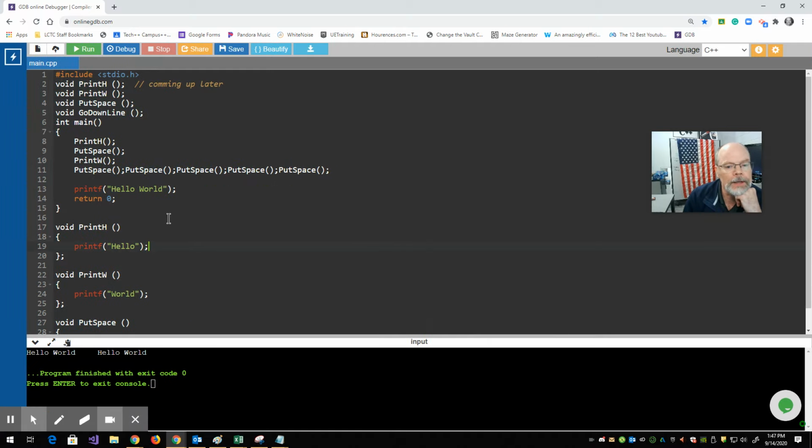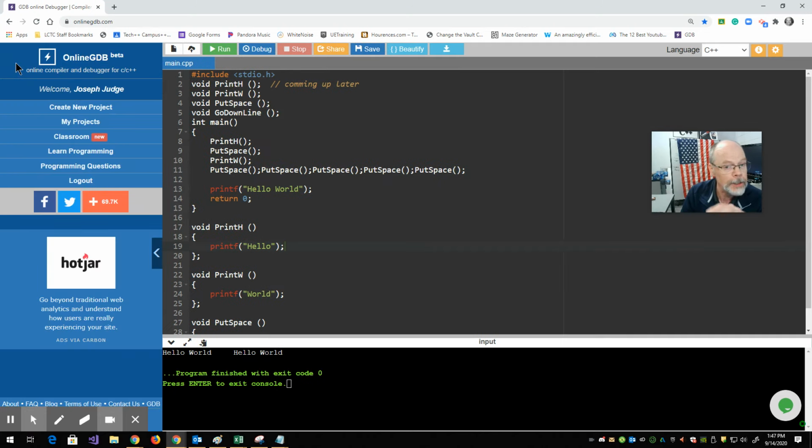All right, so now I've got this broken down so I can continue to take something like hello world and break it into really small pieces by using functions. I'm only doing this to illustrate the idea of functions. Now, what you're going to be doing today in class, and I expect questions. If you don't ask questions, then I'm amazed. If you go into the classroom here,